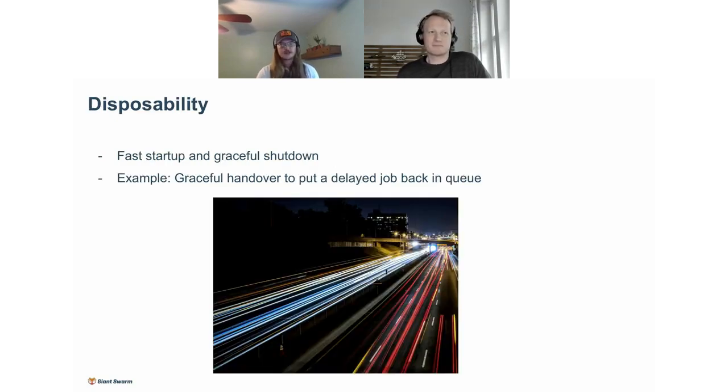Huge one here, disposability. So like we said, going back to that old cattle versus pet thing again, fast startup and graceful shutdown, I would say, are kind of the bread and butter of pods within Kubernetes and within microservices. So we need to have some kind of way to do a graceful handover. I'll give you an extreme example.